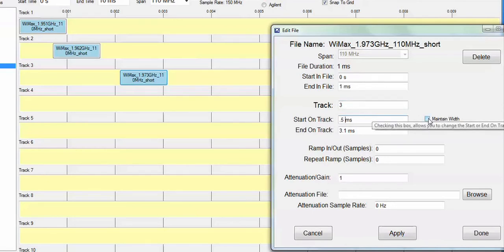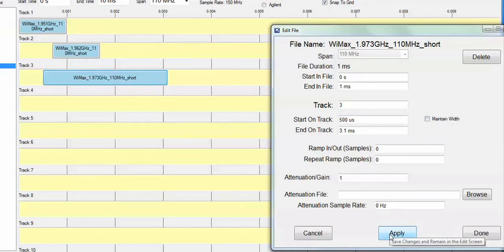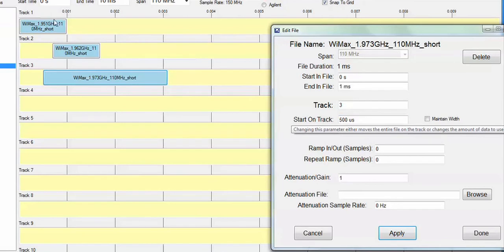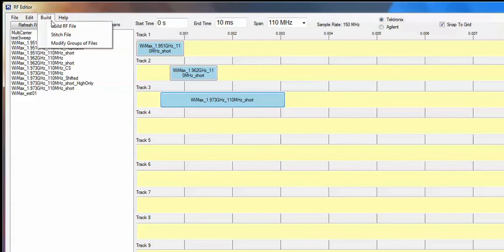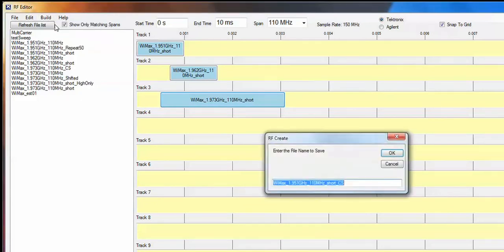I don't want it to maintain its width. If I maintained its width, it would simply slide the entire thing, but I actually want it to be stretched. So if I apply that, it does in fact move the beginning point to 500 microseconds or 0.5 milliseconds and stretch the length to accommodate its original endpoint. Hit done. Build a new RF waveform now by adding these three, stacking them in the time and frequency domain,